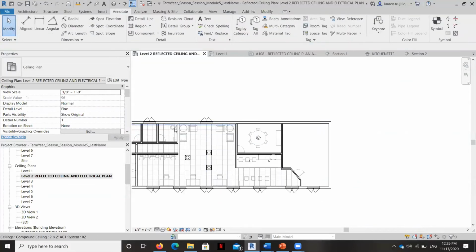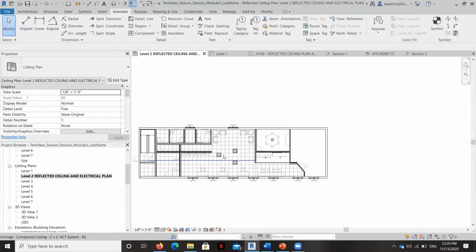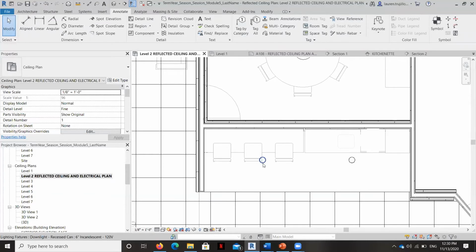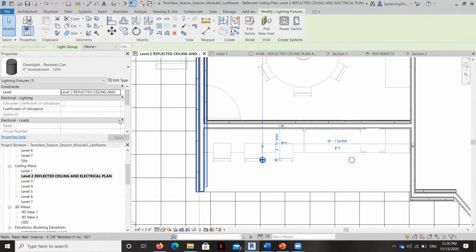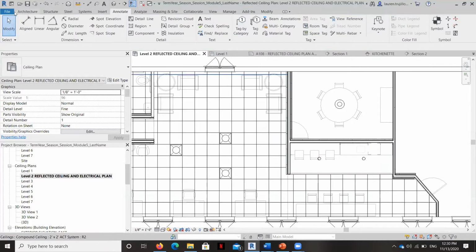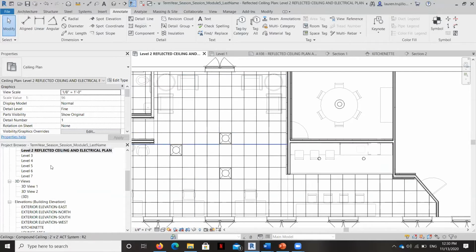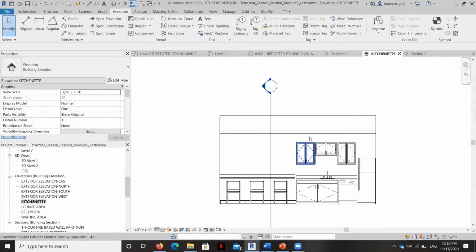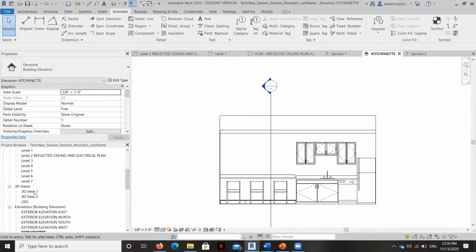Okay, so you've got your lighting fixtures that we're going to place here. We've already got them hosted. Now keep in mind that sometimes these lights will want to host to the acoustical ceiling tile ceiling and not on the drywall ceiling. So let's go ahead and take a look here and make sure it's hosted to the right spot. I'm going to look at the elevation, and I should see that light. So let me see what's going on.